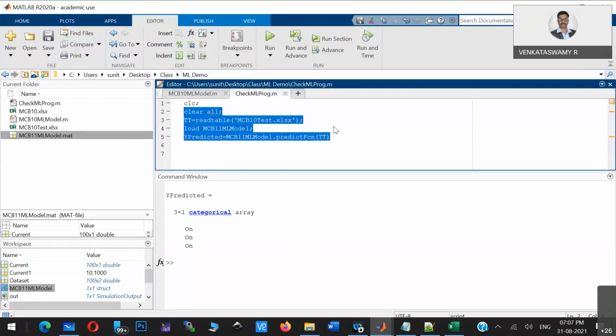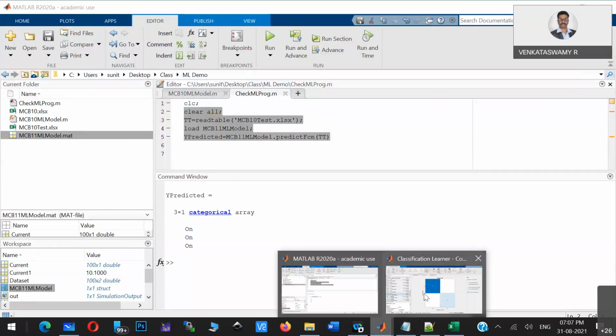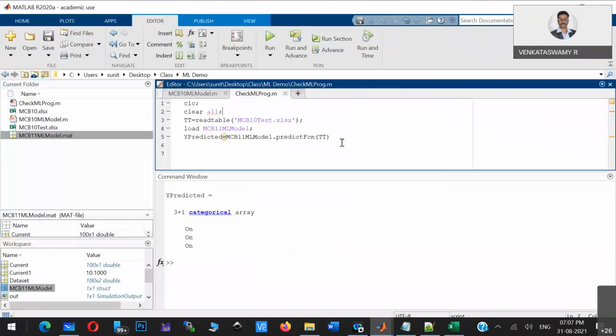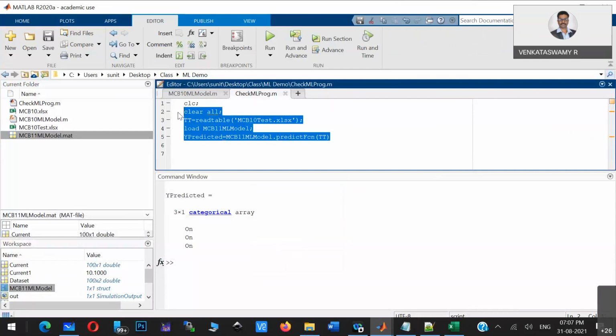So only these 3 lines of code will do your work. What we have done is imported the data to a machine learning algorithm, ran that program using some machine learning algorithms, exported that particular model, utilized that model in our program, and predicted the values. These are very simple steps we have executed.